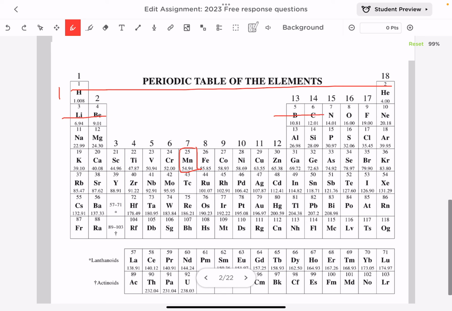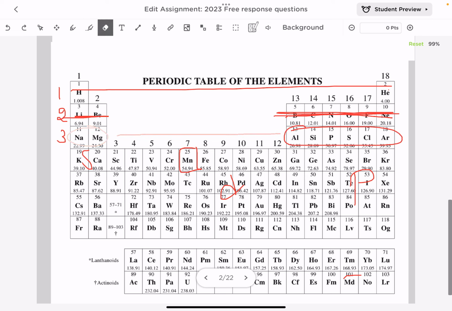2s2, 2p6. This is the area of the P block. This is the area of the S block. This is the area of the D block. And this is the area of the F block that starts after Ba. But we're not going to reach this part. So I repeat again: 1s2, 2s2, 2p6 all the way, 3s2, now there's nothing here, then 3p6 all the way, and then next you reach